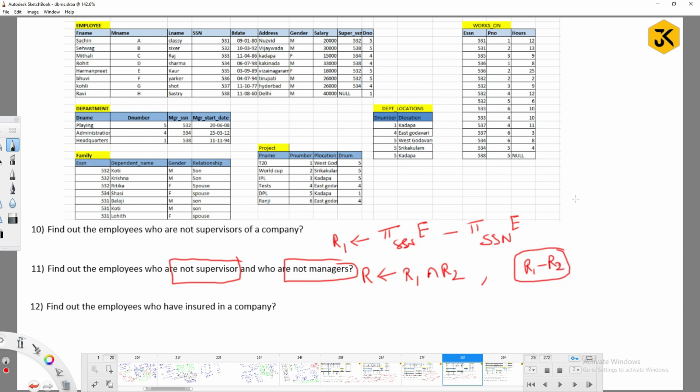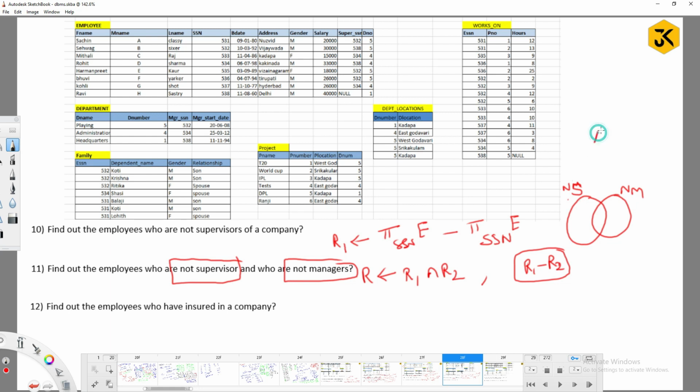These are not managers. These are not supervisors, and these are not managers, right? How can you do this one? I am trying to check the things who are not supervisors, but not managers. Is it correct?